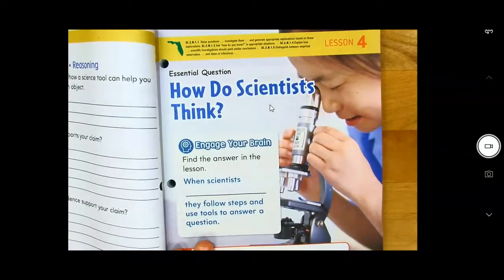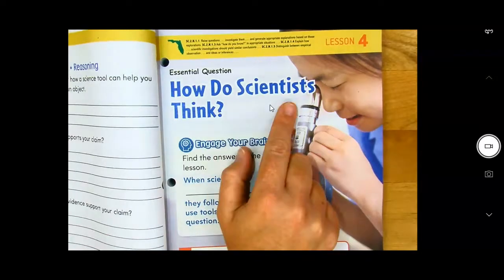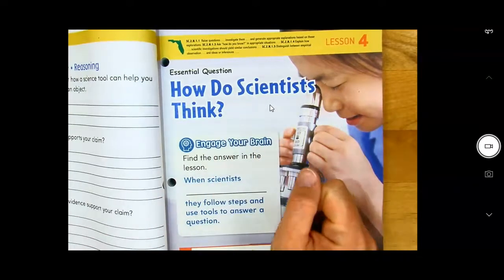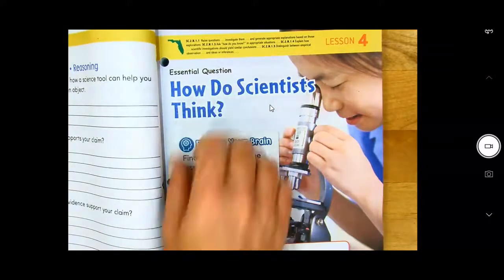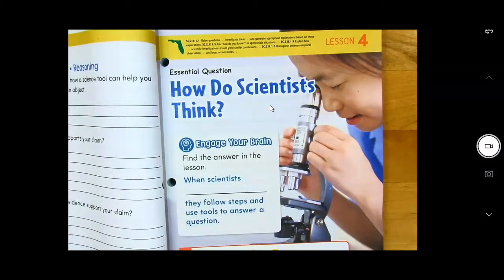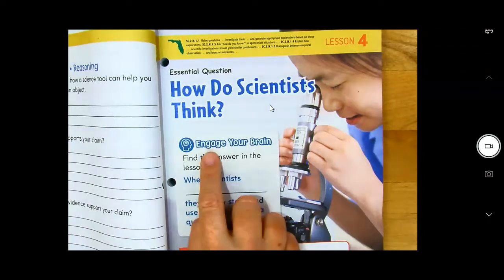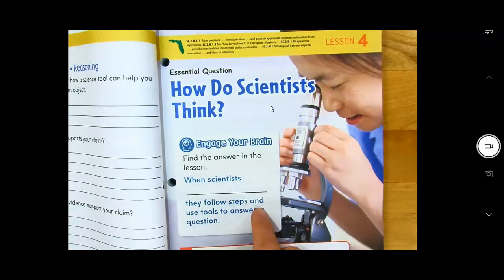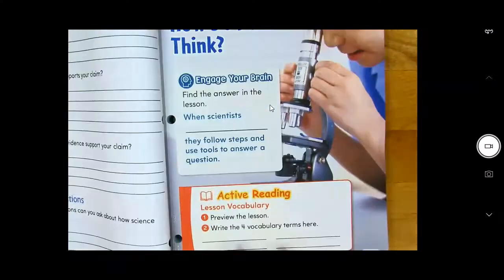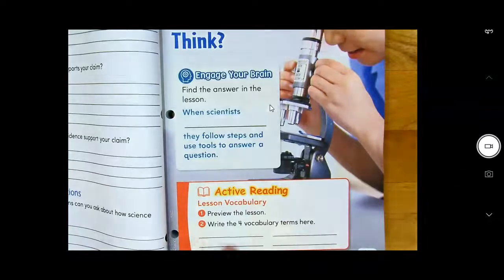We're going to look at how do scientists think is our essential question. That's the important question that we're going to learn about in this lesson. Engage your brain. Find the answer in the lesson. When scientists blank, they follow steps and use tools to answer a question. So we have to figure out what this is. Active reading. Look for